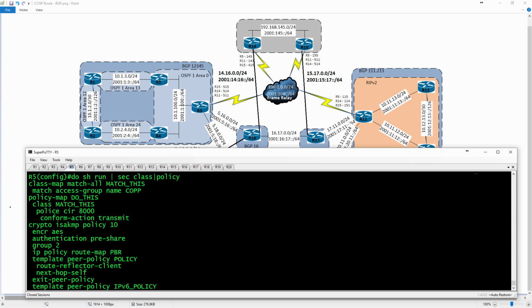So it doesn't make much of a difference at this point. It says match this. So we're going to say match access group named COPP, which is our control plane policing, which is named in the ACL, control plane or COPP, that matches on traffic from anywhere to anywhere as long as its destination port is either Telnet or SSH. And now "do this" is saying call the class map of "match this." So we're matching the Telnet and SSH traffic, and then we're setting the